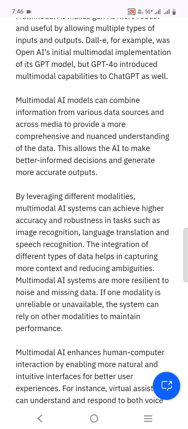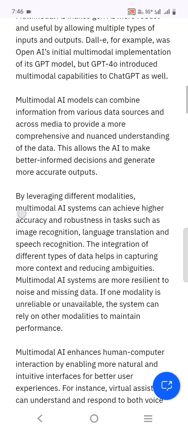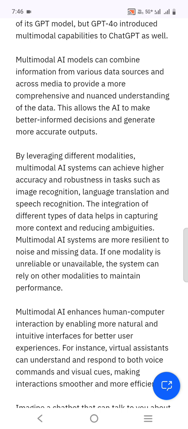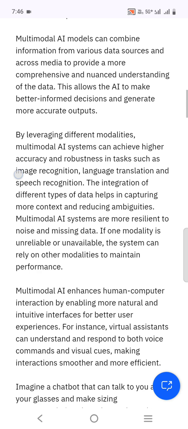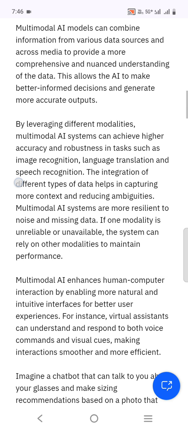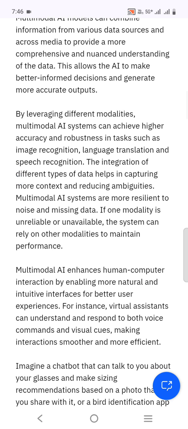Multimodal AI models can combine information from various data sources and across media to provide a more comprehensive and nuanced understanding of the data. This allows the AI to make better informed decisions and generate more accurate outputs. By leveraging different modalities, multimodal AI systems can achieve higher accuracy and robustness in tasks such as image recognition, language translation, and speech recognition.